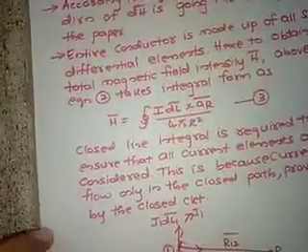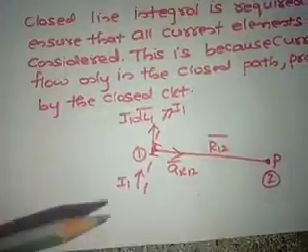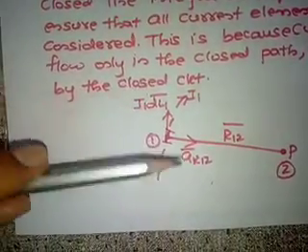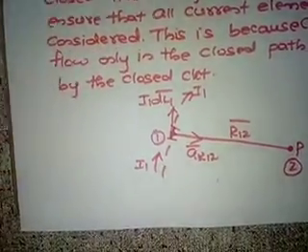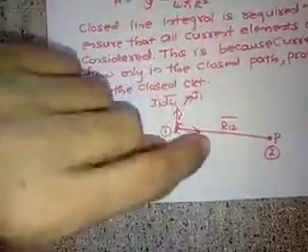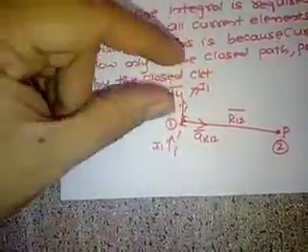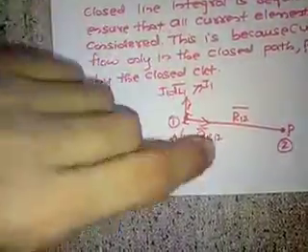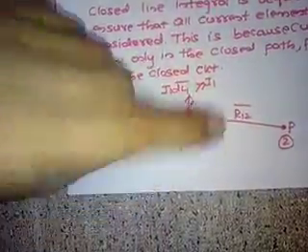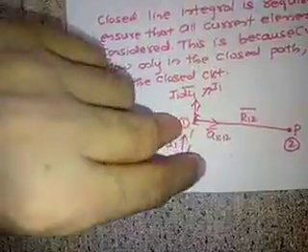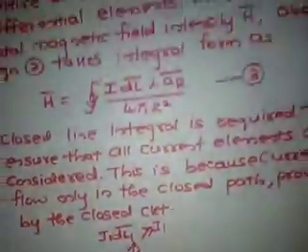If we consider this differential element here, the direction of the dH bar, I am rotating in the clockwise direction. When I am rotating in the clockwise direction, it is going into the plane of the paper. Right-handed screw rule: when I am rotating this differential element, see my direction of the finger here, it is going into the plane of the paper.